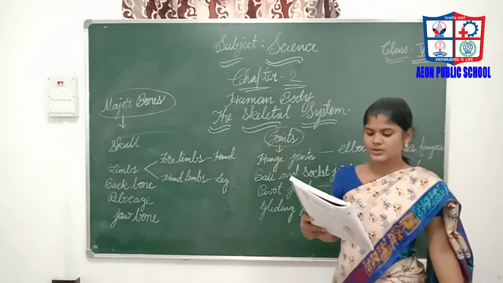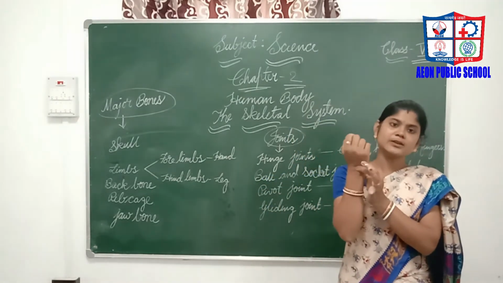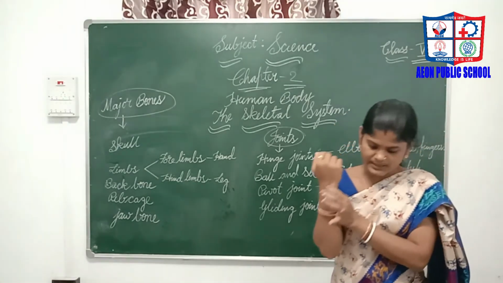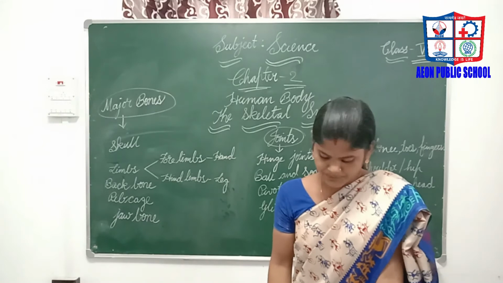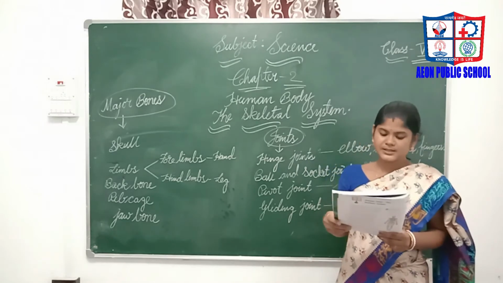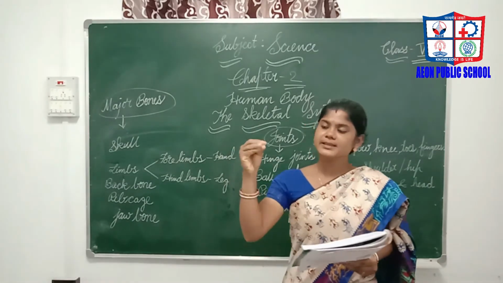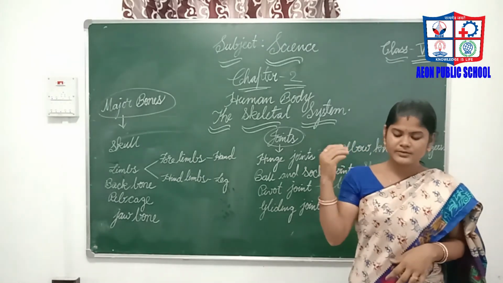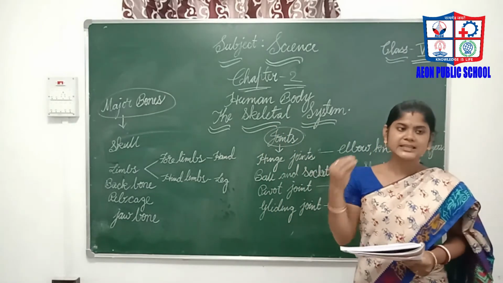Many small bones join together to make up the wrist. So here many small bones are there. So this makes a wrist. See these fingers and this arm in between. Many small bones join together to make a wrist. So forelimbs, along with the muscles and the joints, provide movement to the arm and help us to perform different activities like writing, eating and holding things. In the fingers also we have small bones. By these bones only we can move our hand and perform different activities.